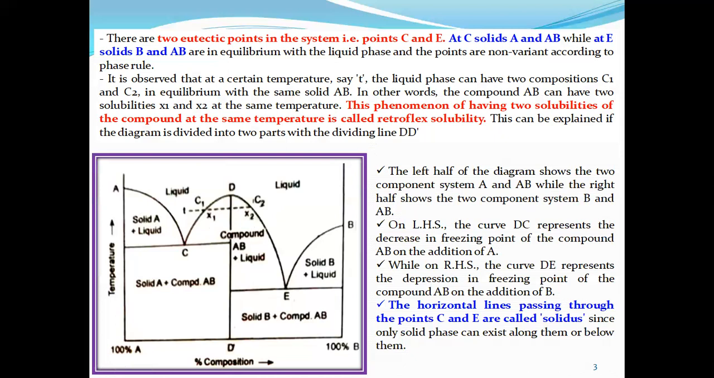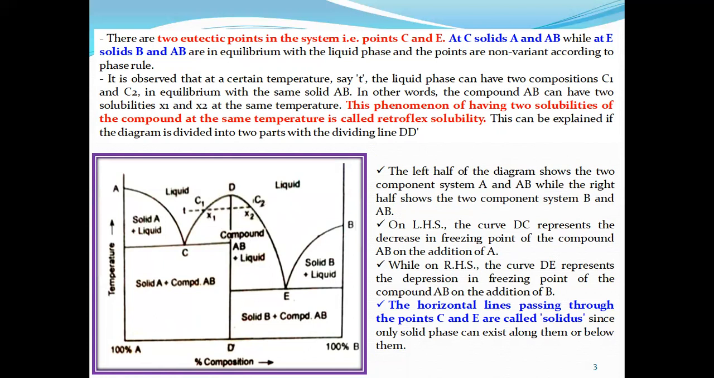That means at this temperature T, at the two points C1 and C2, at the same temperature, the compound AB has two different solubilities, that is, two different compositions, X1 and X2. This phenomenon of having two solubilities of the compound at the same temperature is called retrograde solubilities. This can be explained if